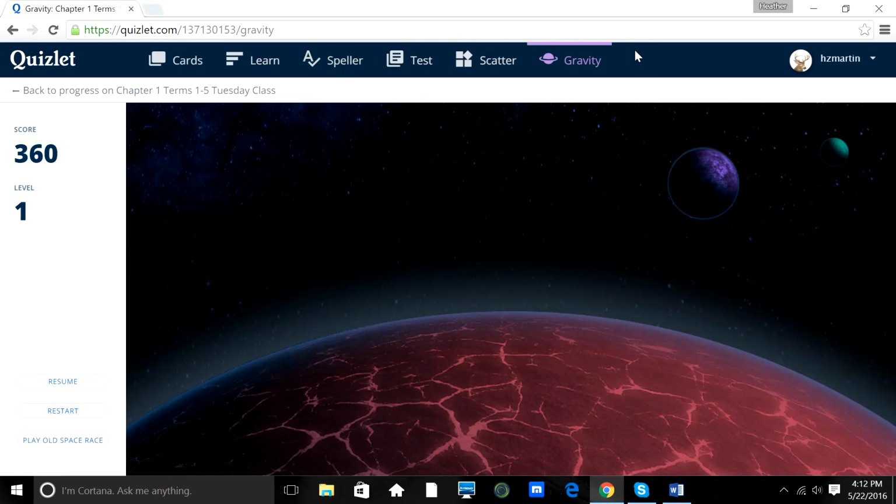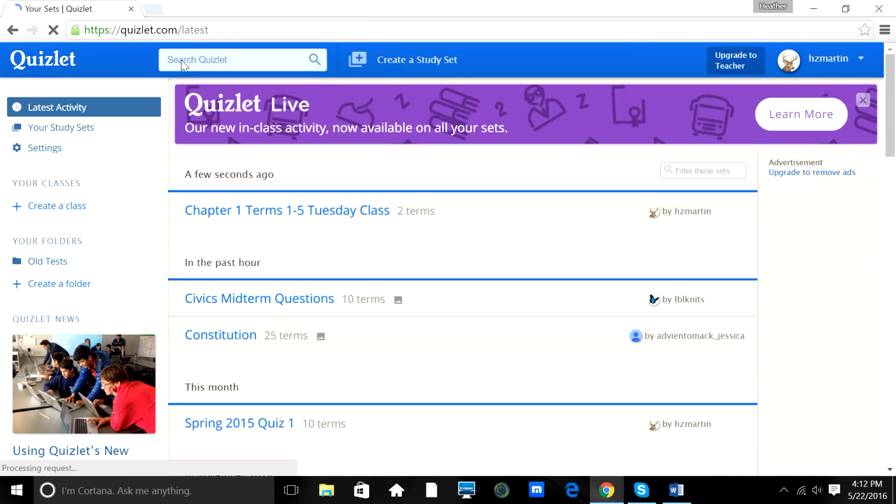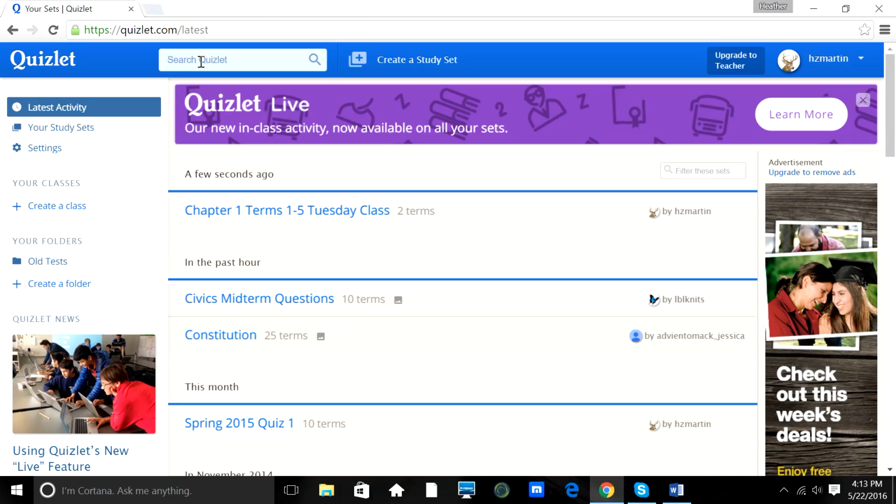In addition to creating your content, you can also always search for content on Quizlet. So to go back to the Quizlet homepage, I'm just going to click that Quizlet in the upper left-hand corner. And you can search. Now the nice part about searching Quizlet is that you have access to all these quizzes that other teachers have created. The bad part is that when you type in a term, and often it'll be a term that lots of teachers use,